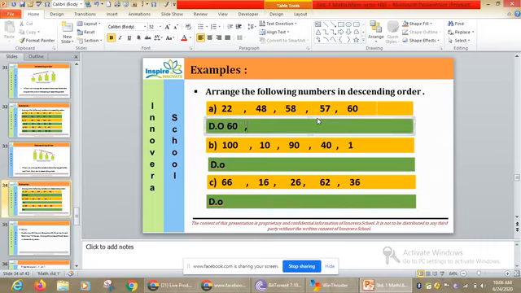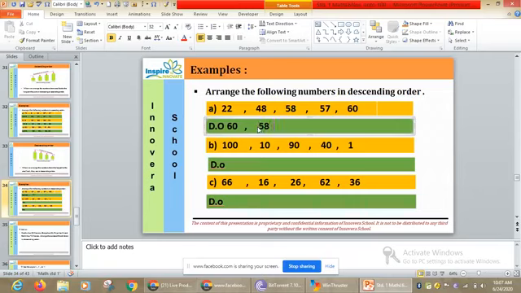now here you can do the backward counting. Or you can see before 6 what comes? Before 6, 5 comes. But with 5 there are 2 numbers, the numbers starting with 5. Now you will see the numbers in the ones place. So in the ones place here it is 8 and here it is 7. So compare the numbers in ones place. 8 and 7, which is the bigger number? 8. So the next number will come 58.